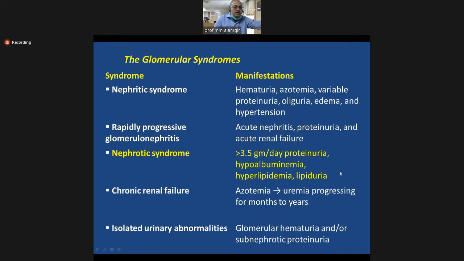If someone is asked in the professional examination the definition of nephrotic syndrome, and he or she doesn't give the correct definition, it means the examiner assumes that this person knows nothing about the renal system. He may switch over to endocrinology or nervous system, for instance, because this definition is so imperative and so important for you to remember. And in definition, we do not make any changes. Even professors take it as such. So you need to remember this definition. All these components were present in the scenario.